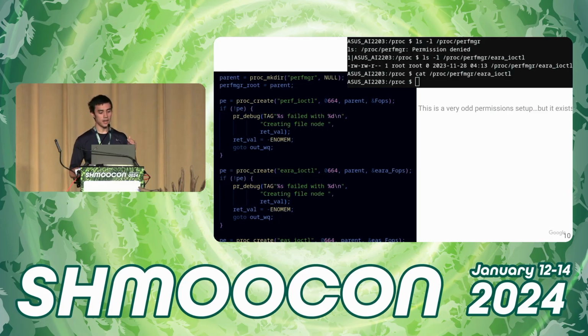However, if I try and access the file itself, either by listing it in the directory or by catting it, or I actually just stat it, which is what ls -l is doing there. Or if I actually try and cat the file, you can see that it is in fact accessible. So this is something that, if we were just using basic file system enumeration, it would fail. It could not find this. But by looking at the source code, I was able to find this and evaluate this attack surface. So it's a very odd permission setup. I have no idea why, but it exists empirically.